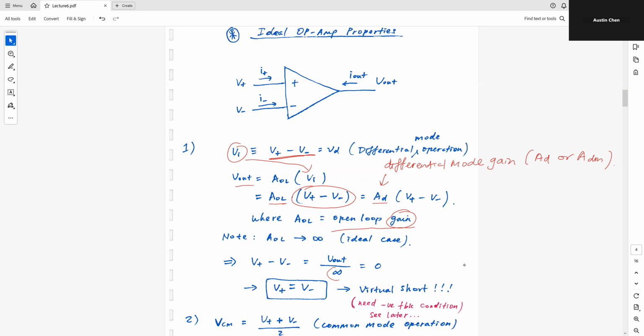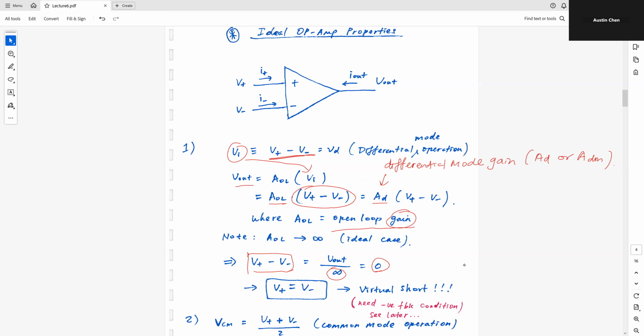So this is my A_OL, and I'm just looking at this difference, this delta here. Under this condition, when A_OL is equal to infinity, this delta becomes 0. So if this is true, then when you